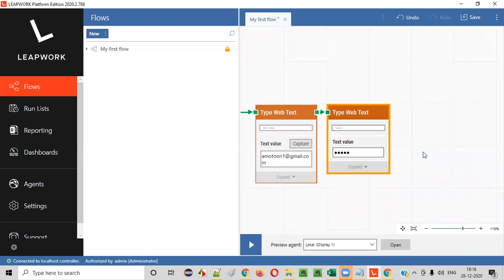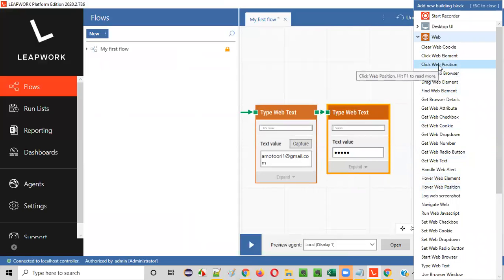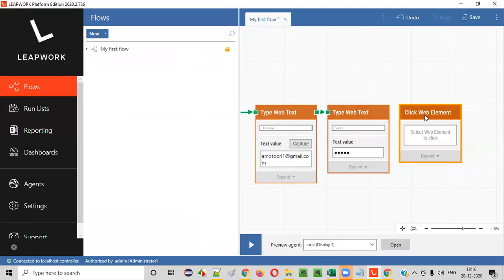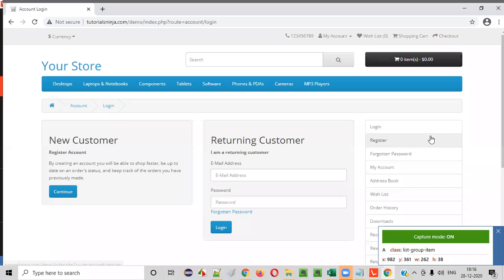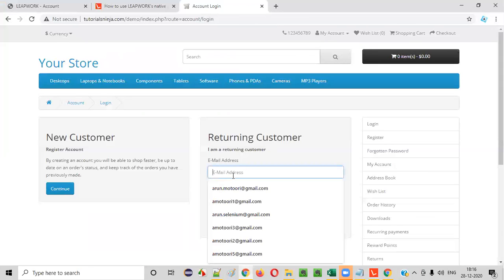So now the next thing is we need to click on the login button. Again, we need to create another building block. Click web element, web click element. Okay, login. So by this way, we are logged into it, and let's replicate the same thing